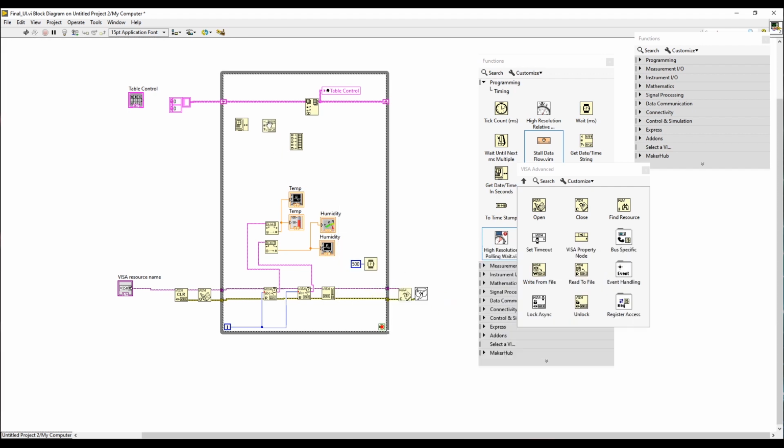Place it over here. Now we have to connect the middle pin with the time stamp. So our time stamp is done. You can see this is the date string, so our first element will be the date, then the time,